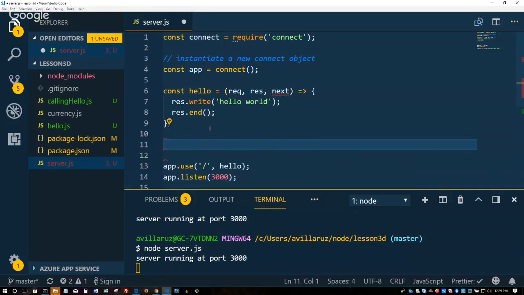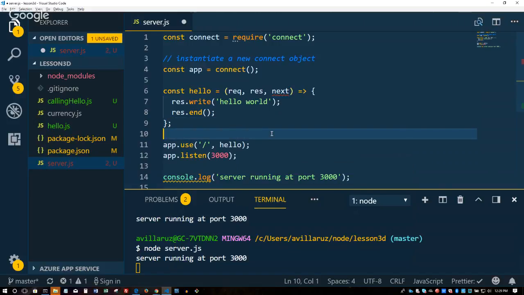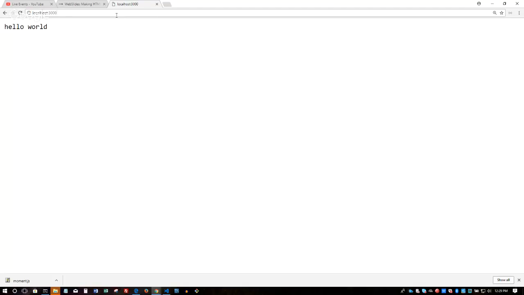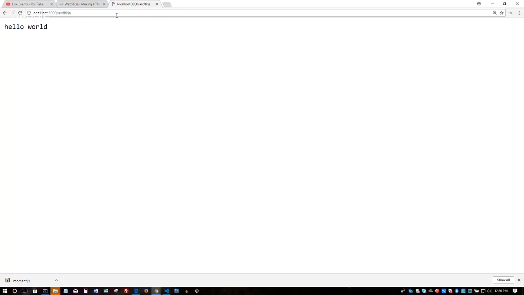So basically, next week when we start Express, you're going to start seeing a bunch of similar functions like this, all one after another. And maybe for the first one you don't want it to do anything, so you just call the next one so that it goes to the next one right away. But we'll get into that later. Let's try this. What happens if you say localhost 3000 slash something else? You get the same thing.